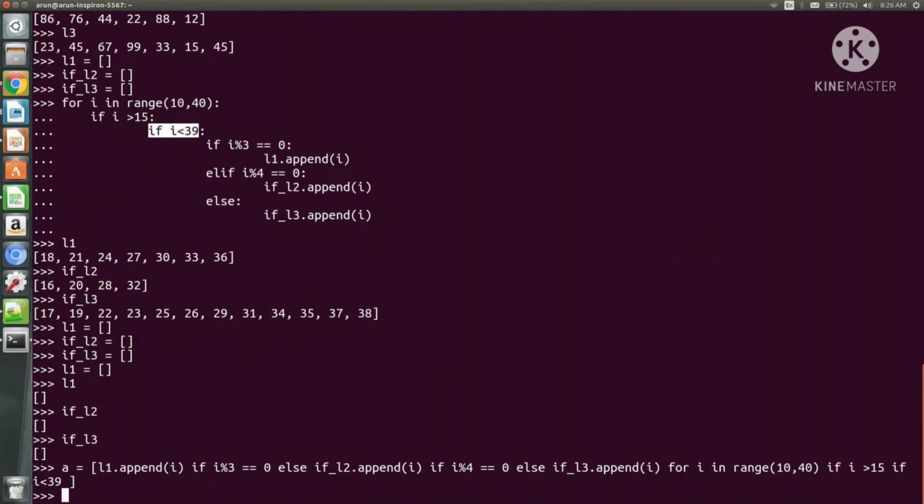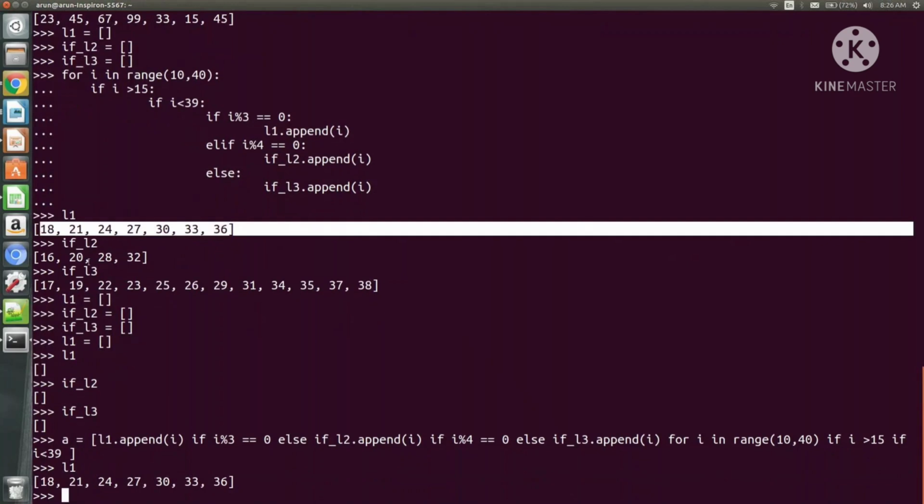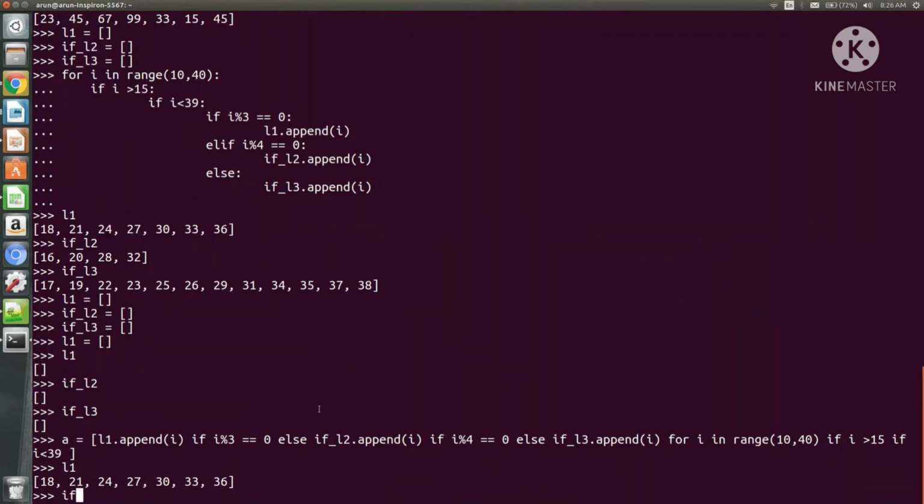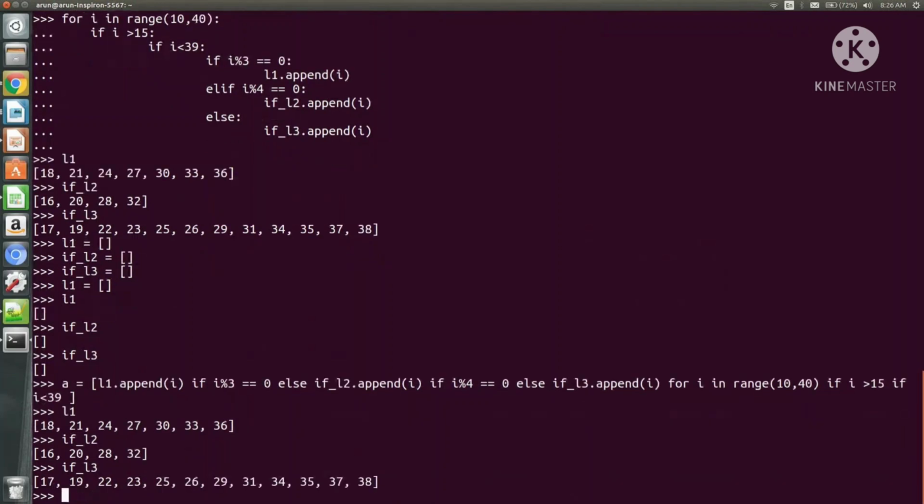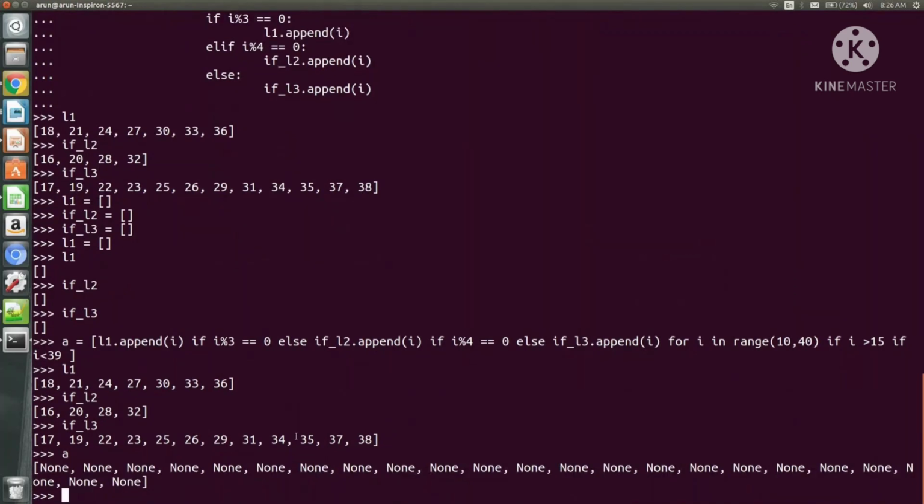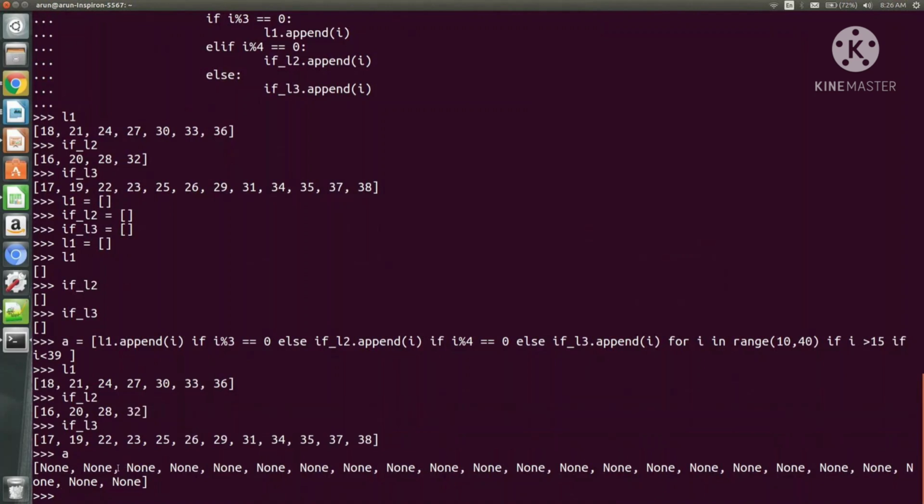You see now L1, the same values have come. Now if_L2, see here. Now if_L3. We got it there. Now if you see this one here, None, and this is what is expected. All append values are going to the other lists, so this will be blank only, all None values. So that's all about